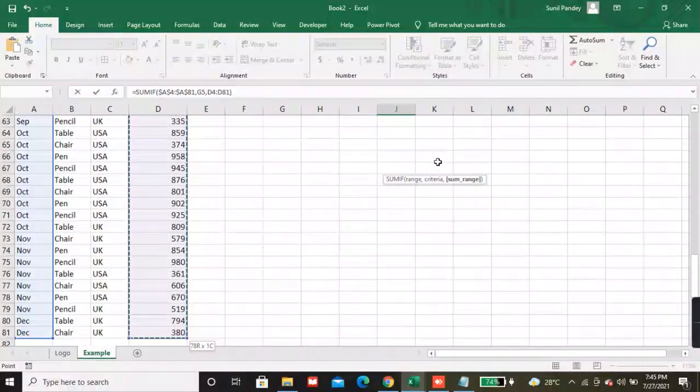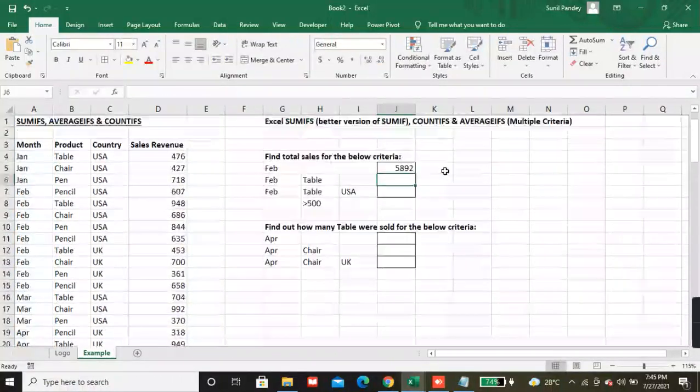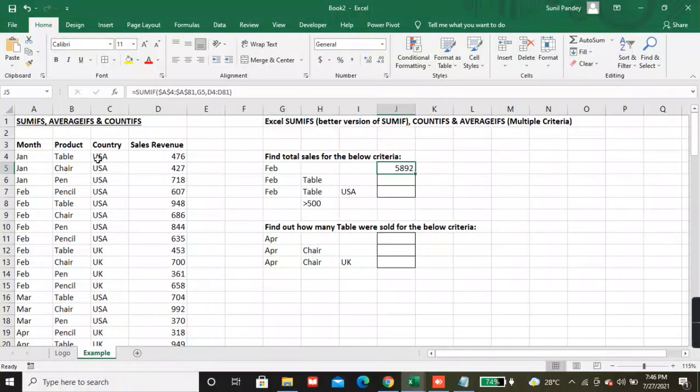Okay, now bracket close. So if you see the Feb month, let's check manually, 5892, 5892.